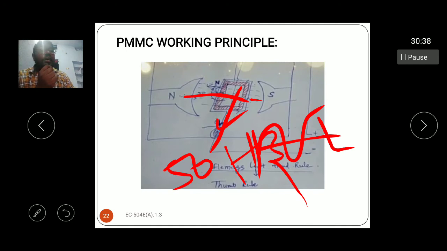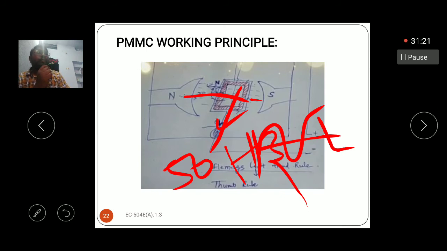What happens is that the PMMC deflection is continuously moving from 0 to something. That means there is continuous motion of the deflection on the scale, because within 1 second we get 50 cycles, 25 positive and 25 negative. Human beings are unable to observe the deflection movement on the scale, because within 1 second we get continuous deflections on the scale.